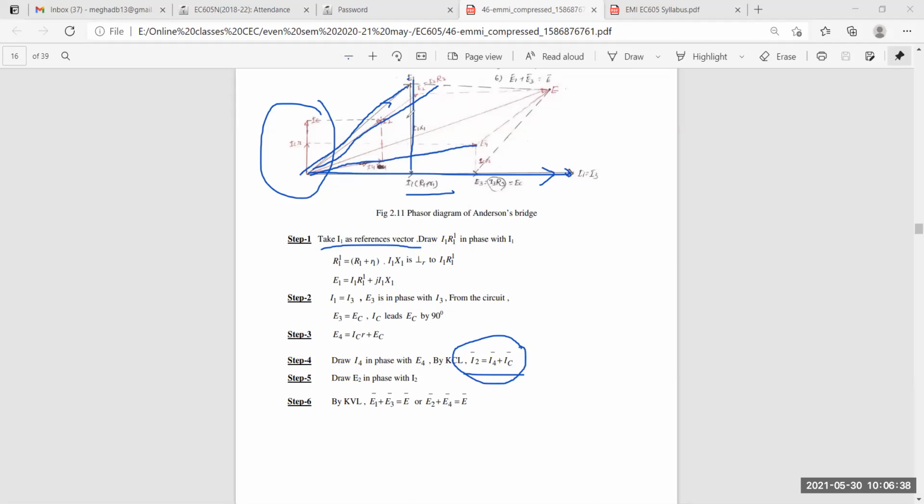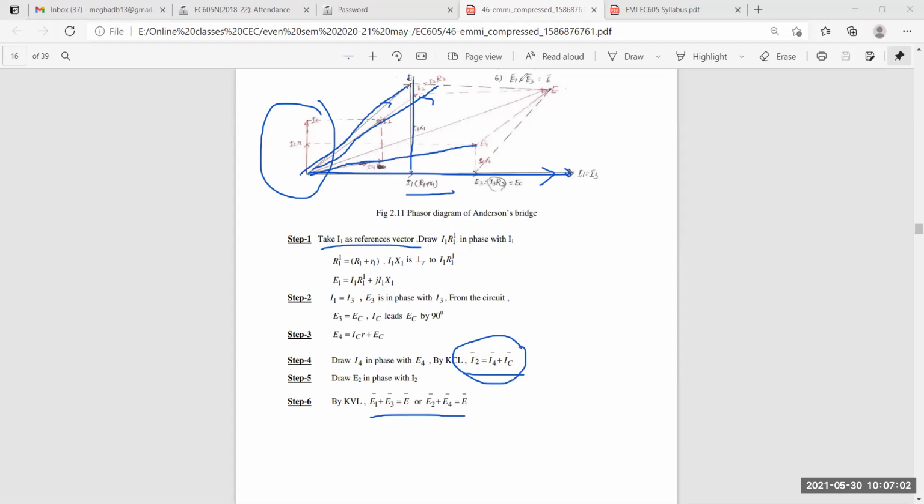Then you have to draw E2. Where is the E2? My E2 is somewhere here. Means if you extend the I2, then you will get the E2. And that will be similarly in phase with definitely I2. And then again you have to apply KVL. If you apply KVL with this resultant, then you will find that